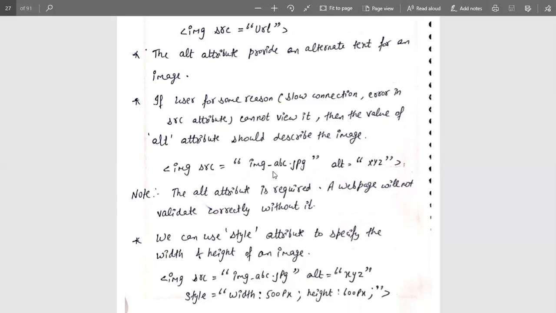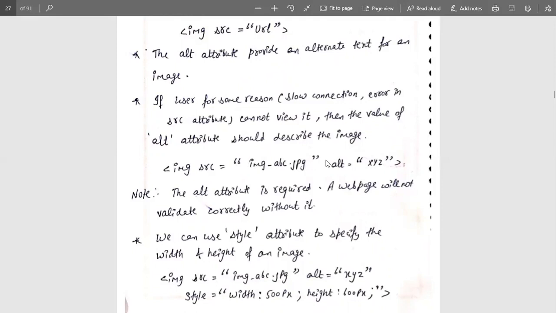For example, let us suppose one example with a source attribute as well as an attribute of alternative text. Here img is for the image tag, and src is the source which will fetch the image from the folder. So the value is img-abc.jpg. This is the particular path of the image that I want to insert, and the value is inserted in inverted commas.